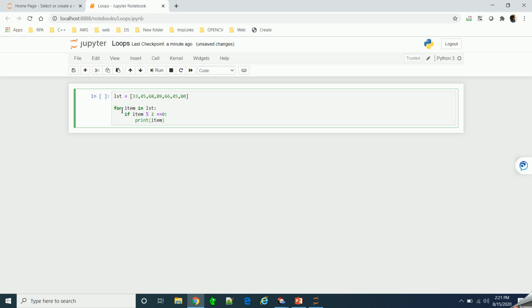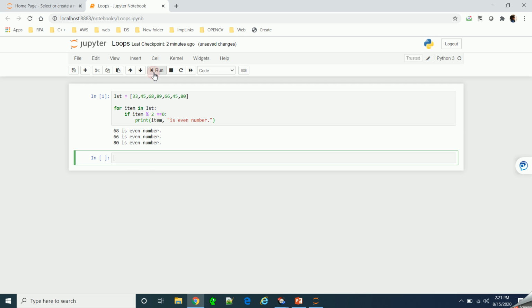If it is giving remainder as 0, then we'll say item is even number. Okay, so this is the modulus operator that is used to calculate the remainder in Python. Now let's run the code and see what is happening.